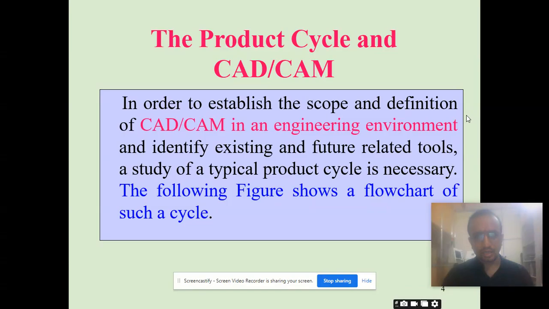The product cycle and CAD/CAM. In order to establish the scope and definition of CAD/CAM in an engineering environment and identify existing and future related to a study of typical product life cycle is necessary. And to understand the typical product life cycle of CAD/CAM, we'll see the following figure or the flowchart, which will give you a brief idea about what is the exact product life cycle